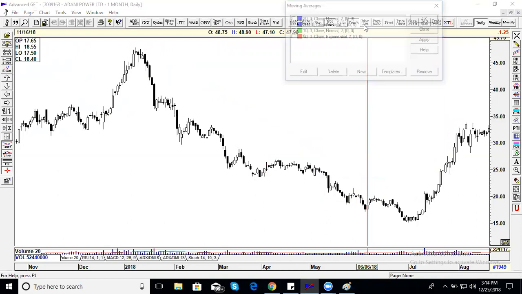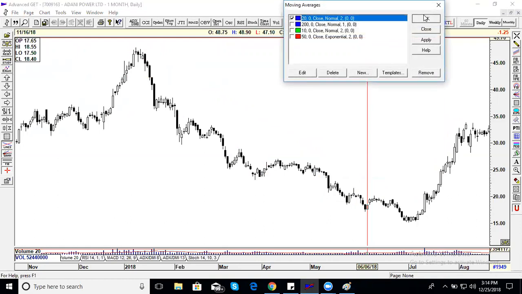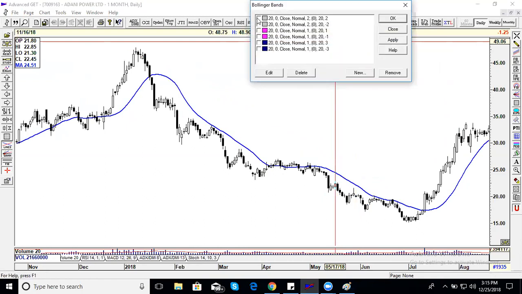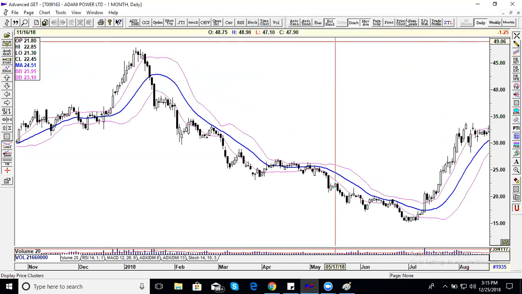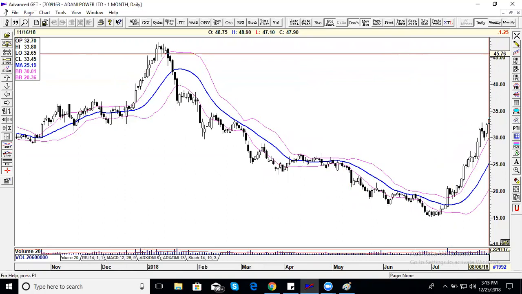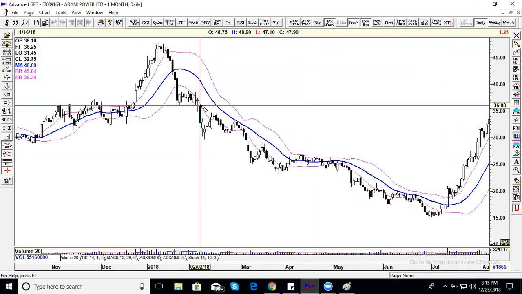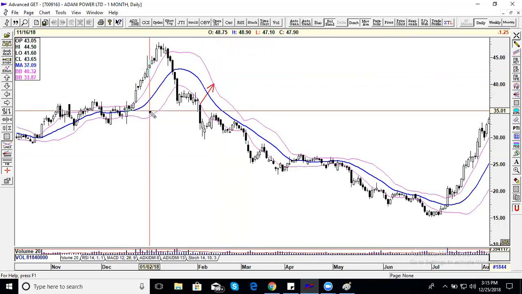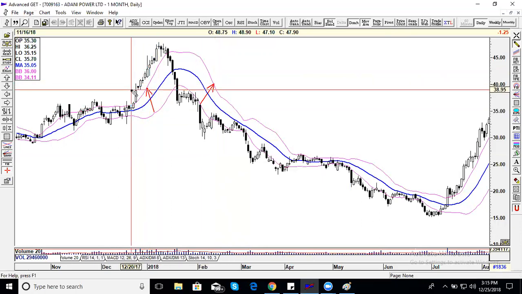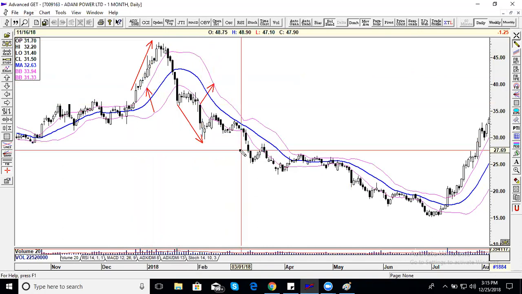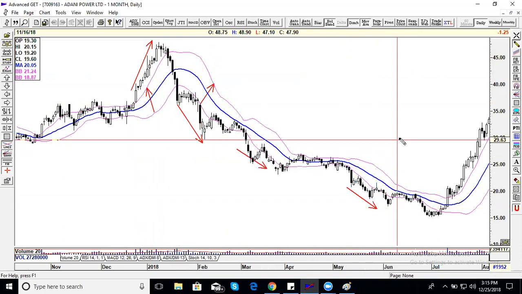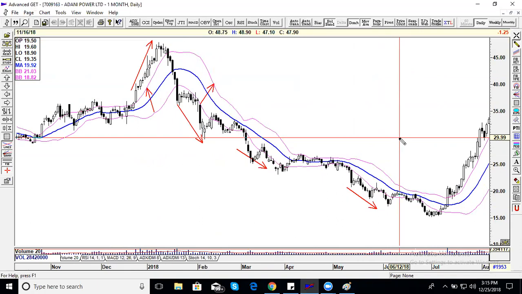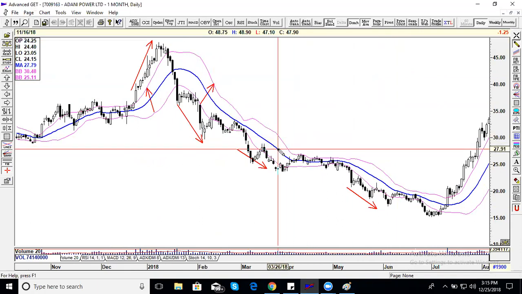Let's put a 20 period simple moving average. And then I slap a Bollinger Band, which is 20 period on a 2 standard deviation move. Let me first take 1 standard deviation move, right? With this 1 standard deviation move, you can see the price action within these bands is sparse. I said only 68% of data will stay between this, and most of the time, price action will be outside these bands. These bands are 1 standard deviation away from the 20 period moving average.